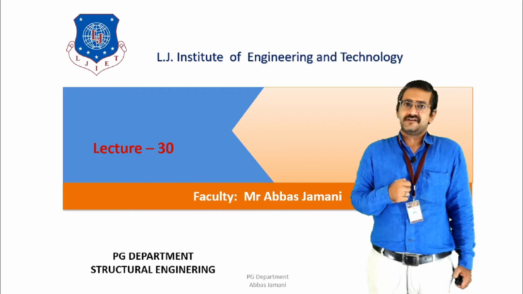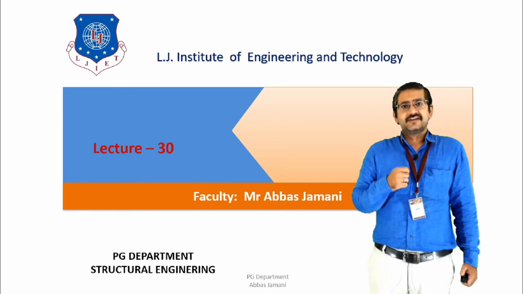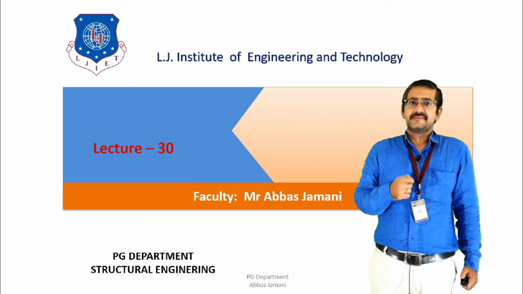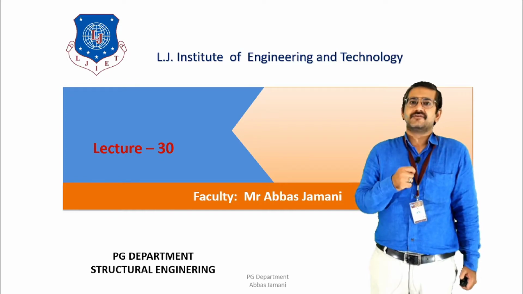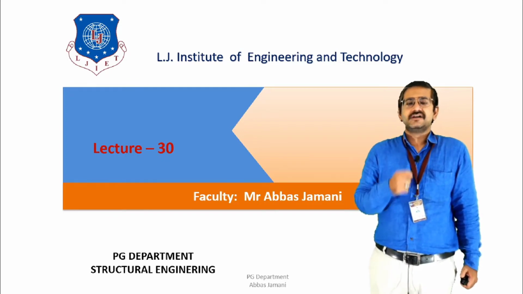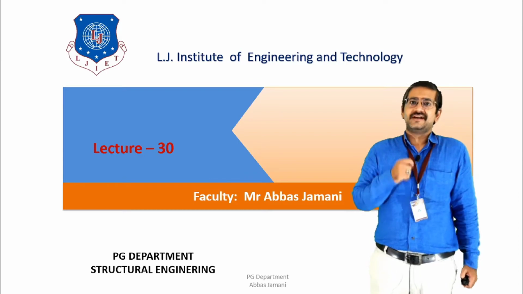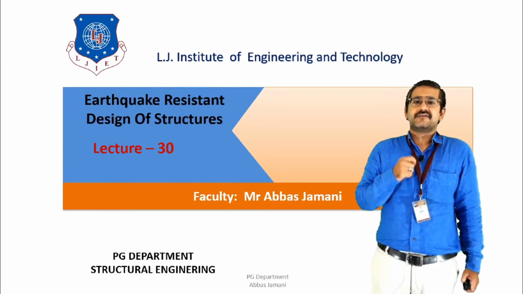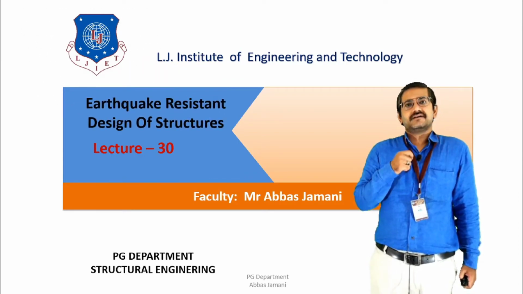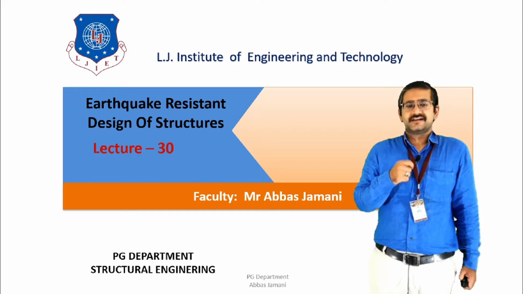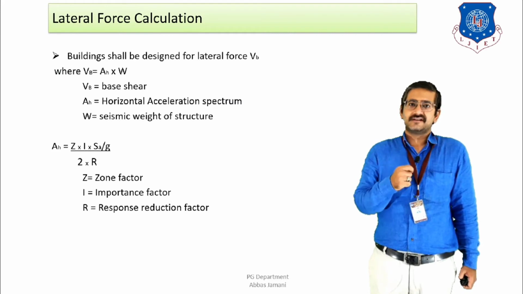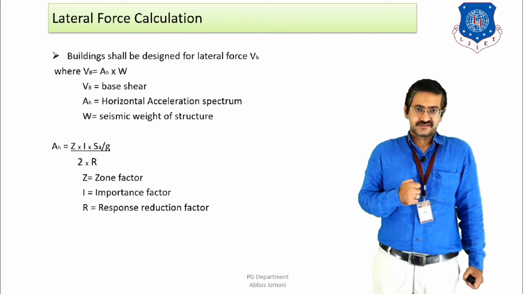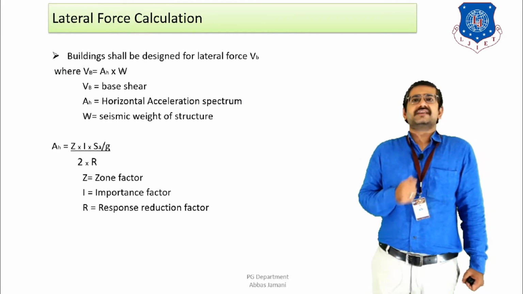of vertical irregularity. So, we are continuing this series today, wherein we'll further discuss the other clauses mentioned in IS 1893 related to the calculation of lateral load and the distribution of lateral loads along the height of the building. So, let us start today's discussion, where our focus will be on the different aspects of lateral load calculation and the seismic parameters that we need to consider for the seismic design of structures. First of all, let us talk about the lateral force calculation.